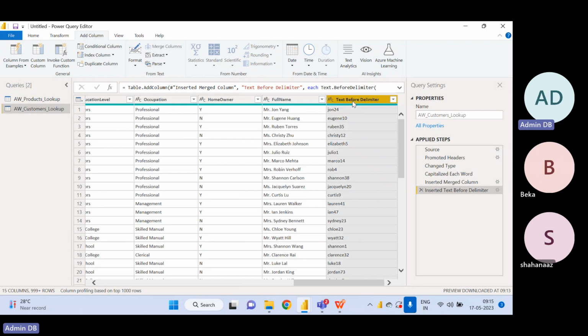So what we will do, to make changes or rename any column, you can double click on the column header and it will be highlighted as an editable option and you can edit it. Give the name as per your choice. I will give it as username. Hit enter